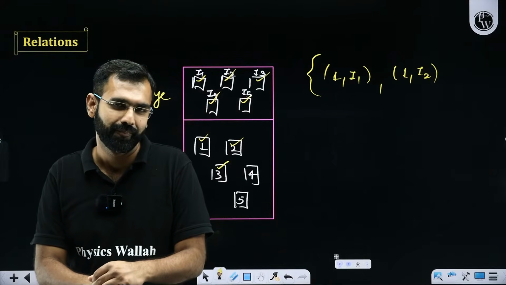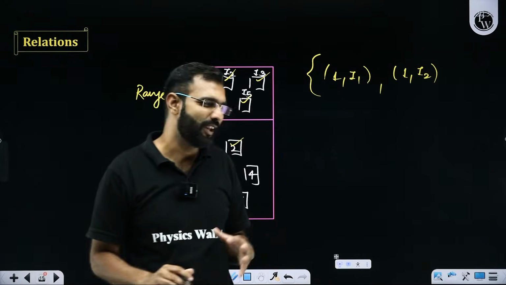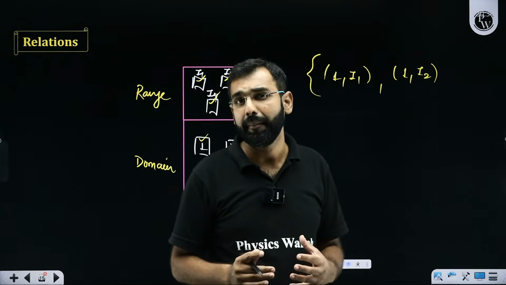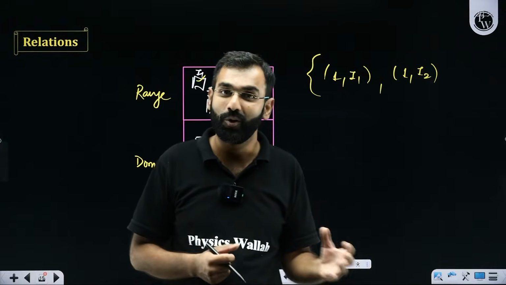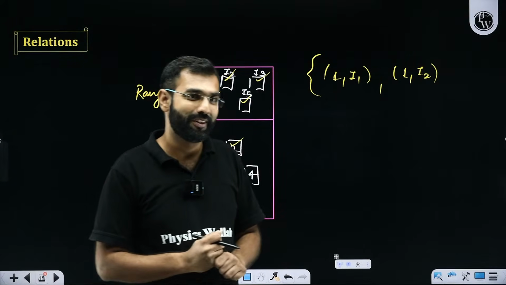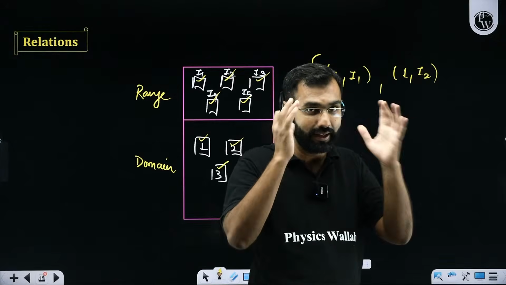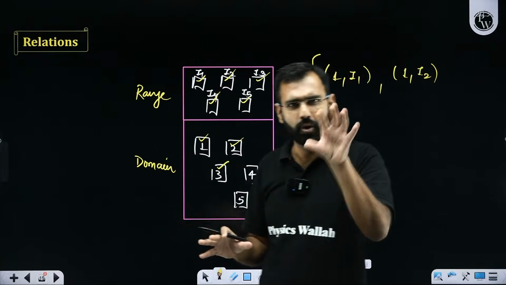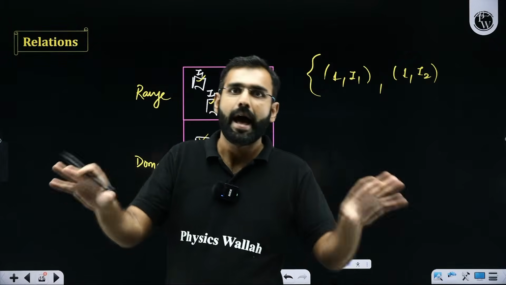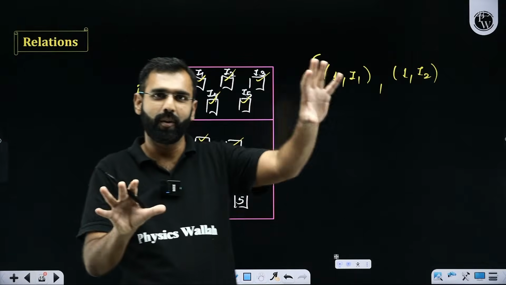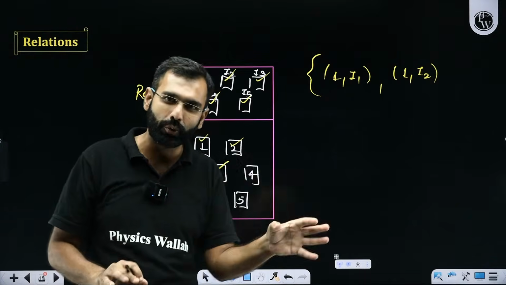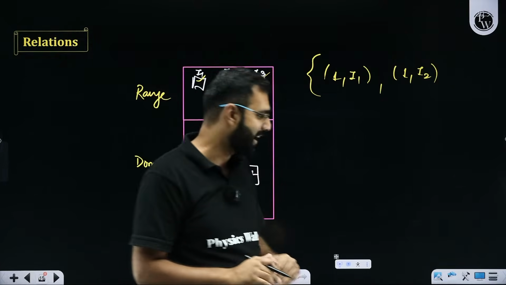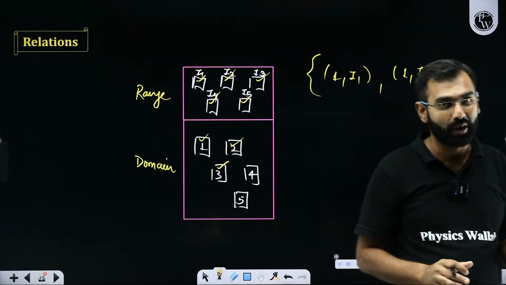Sir, we are still not getting it. Can you explain it mathematically? I mean, how are you going to write it in the examination? Are we going to give a vending machine example there? No, of course not. I am telling you this because I want you all to understand, first of all, mentally: are you able to process it? In your brain, are you able to imagine both of the scenarios? Are you able to differentiate a relation from a function? By the way, how many of you have already covered or studied this chapter, relations and functions, in schools? And I hope with this session, you're getting more clarity.